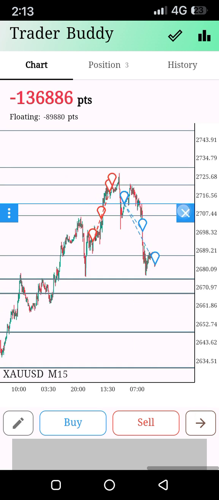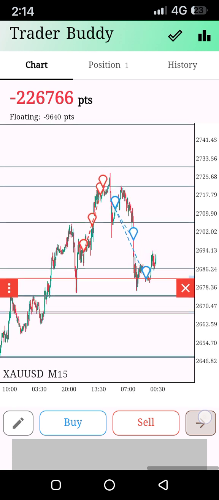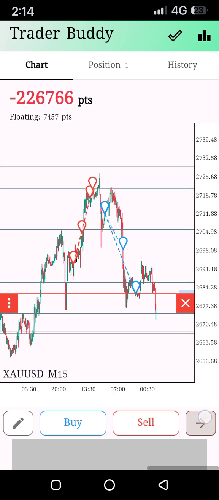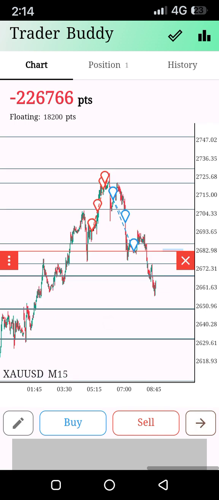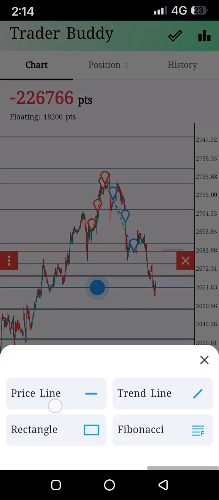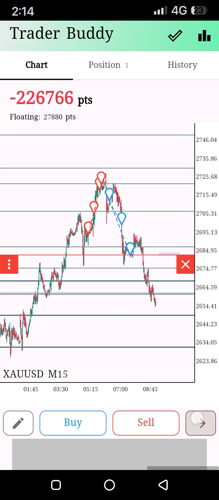Okay, so we kind of lost this one also. You see that whenever price went underneath this zone, we had sales. So here we shall sell again. Where will the stop loss be? Stop loss can be anywhere, but most importantly, we have to first of all mark out areas of support and resistance. Okay, so this was an area of support, and after price went underneath,